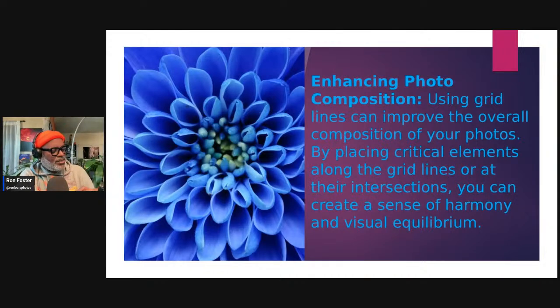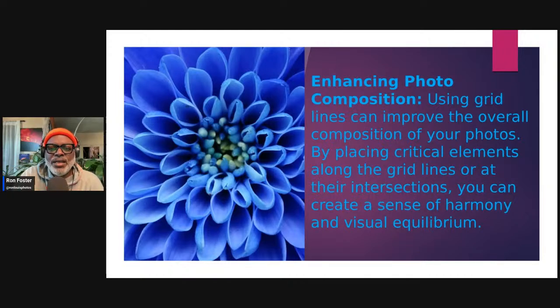Let me turn this back on. This is a 1, 2, 3, 4, 1, 2, 3, 4. This is a grid of 16. But the basic grid is 3 lines up, 3 lines down. That's based on 4. There are some based on 3. So 4 and 3 are usually the case in most devices, but there are others.